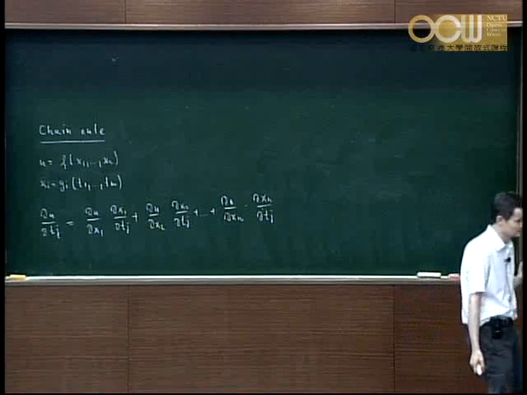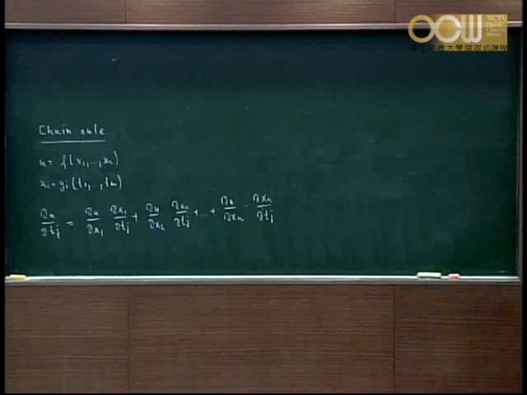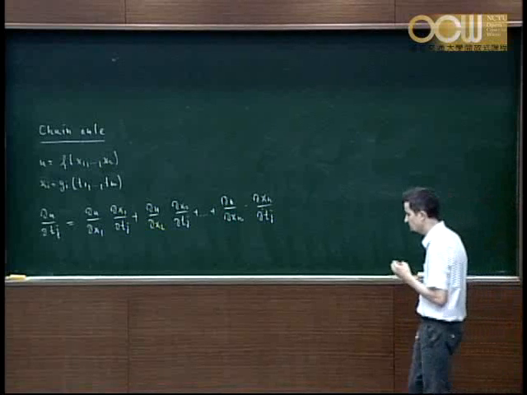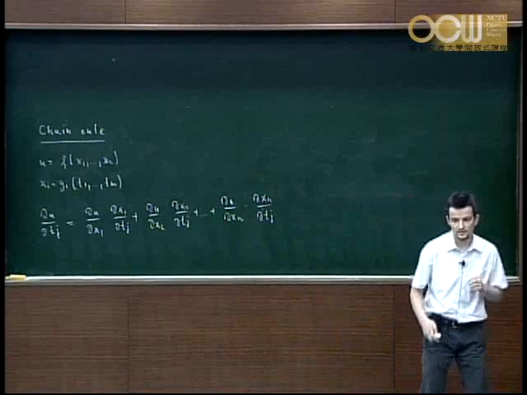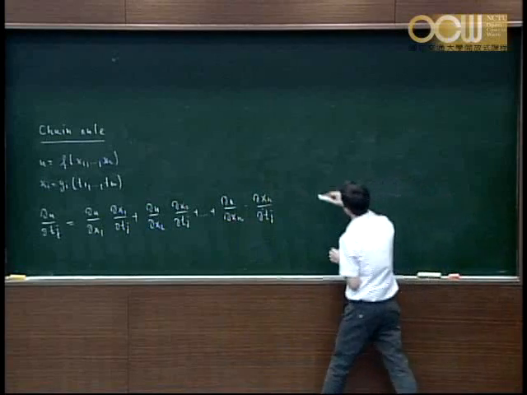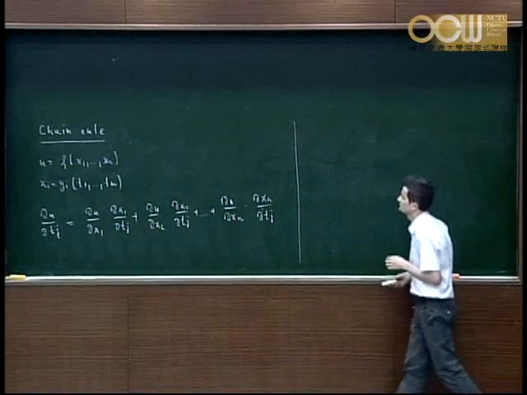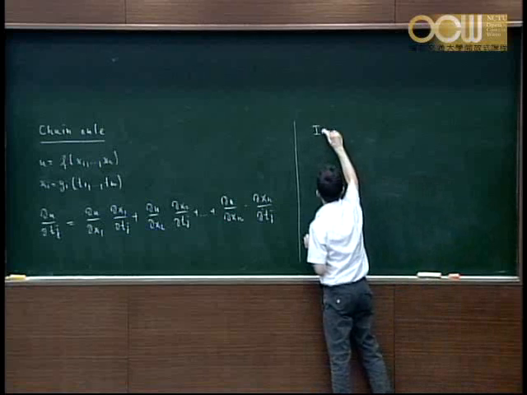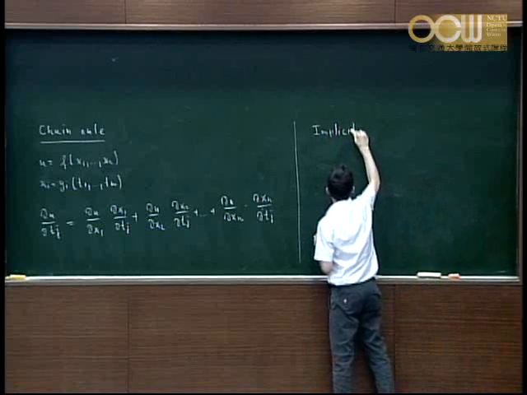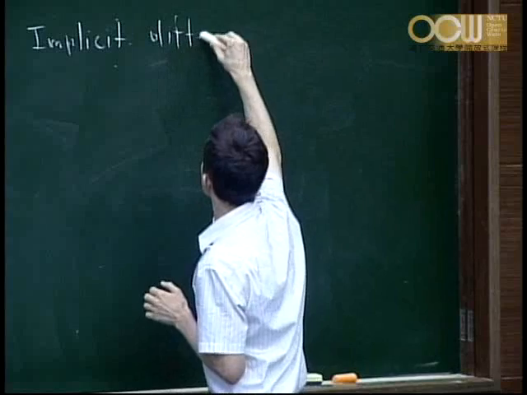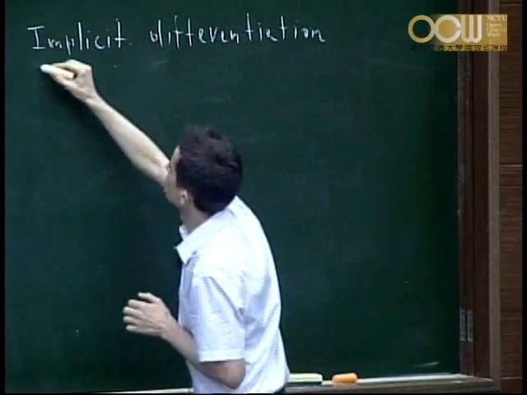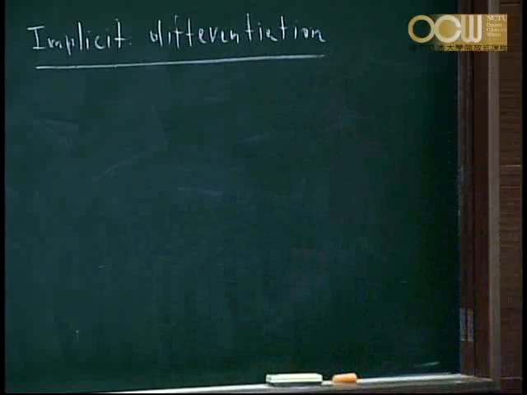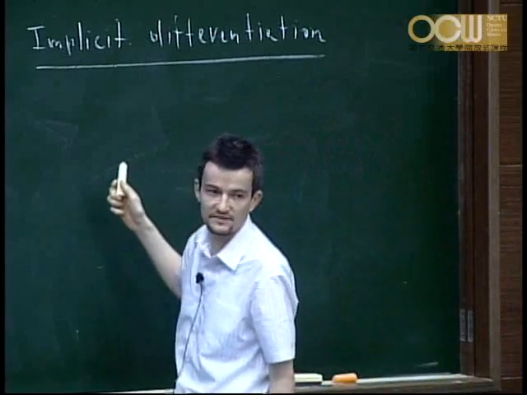Now, this is a good time to go back to the method of implicit differentiation and to take once more a look at it. Of course, we are still not able to justify the method, but we can at least see it now in a different light. Okay, so implicit differentiation. You know what the method is. So, for instance,